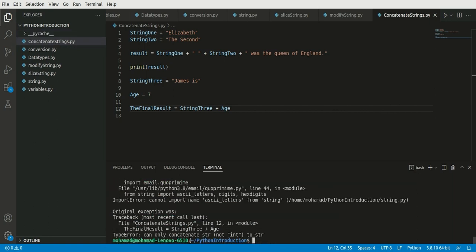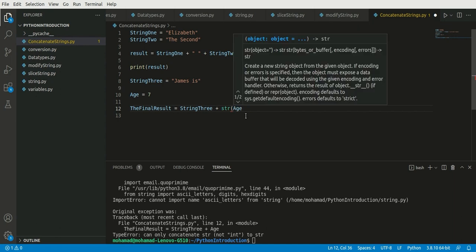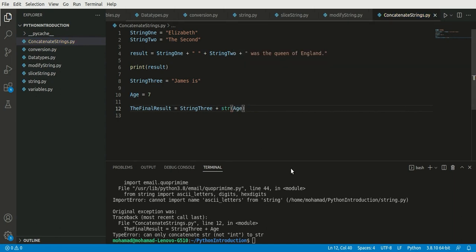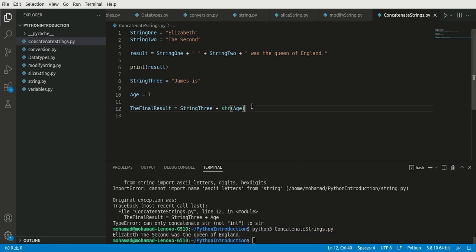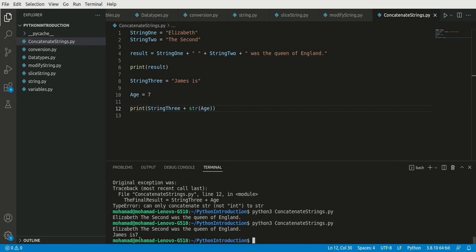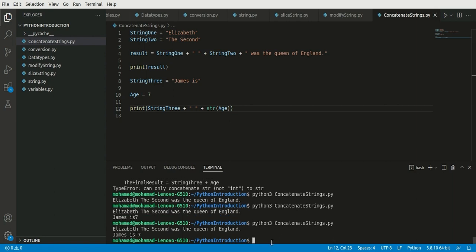It says that for concatenating the string, we shouldn't use integer. So age here is integer. So one way is to convert this into string, str age, and if you save it, there's going to be no error. You can simply print this. So let me write print instead of defining another extra variable. So as you can see here, James is 7, and you can use also the space right here. Okay, James is 7,